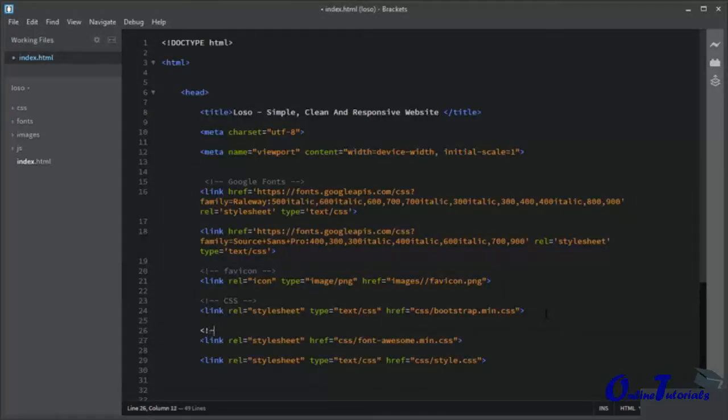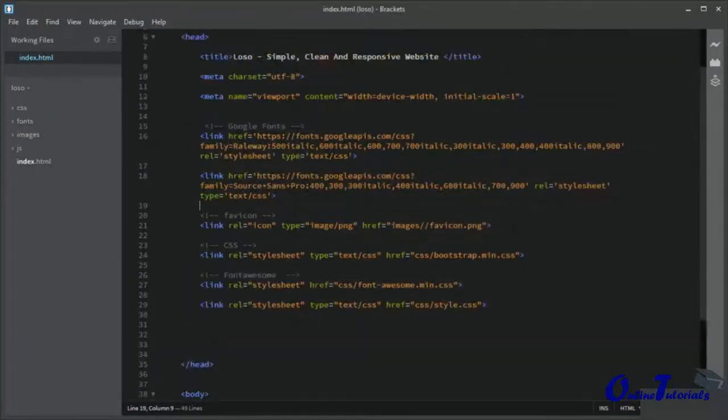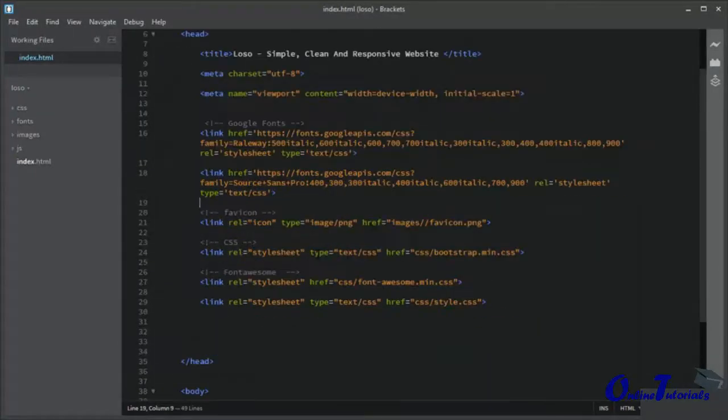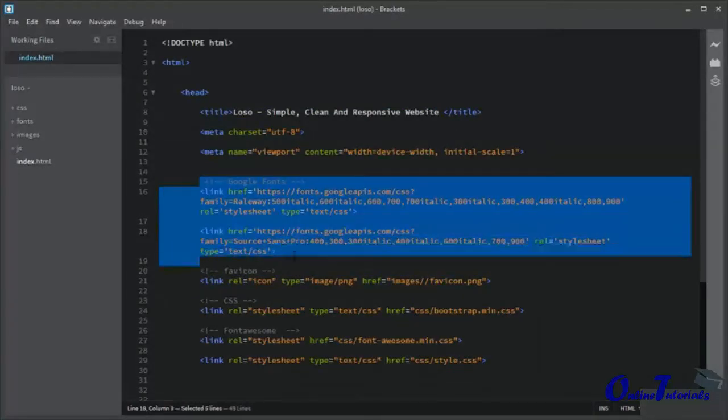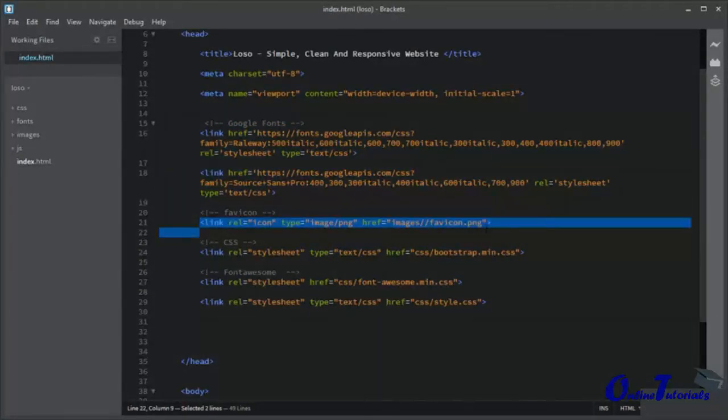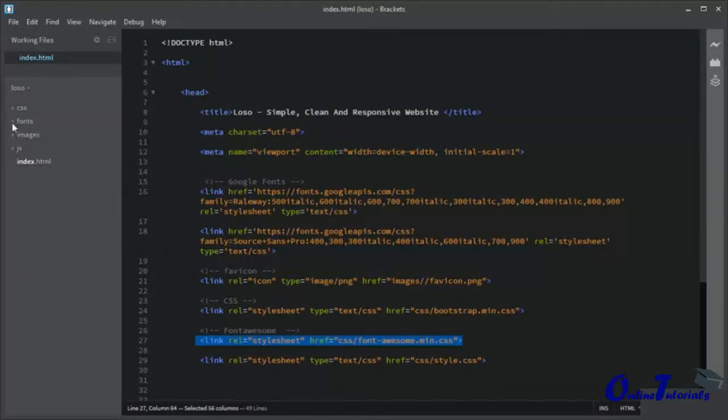This is font awesome. Okay, so at this point we have added fonts, we have added fav icon, we have added font awesome, and let